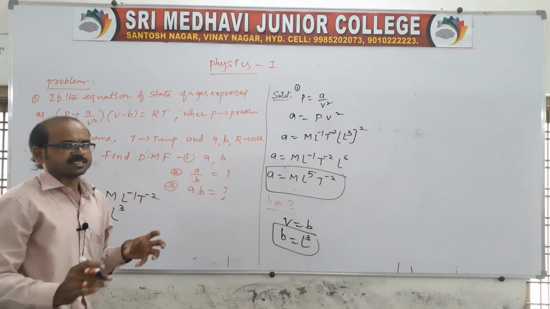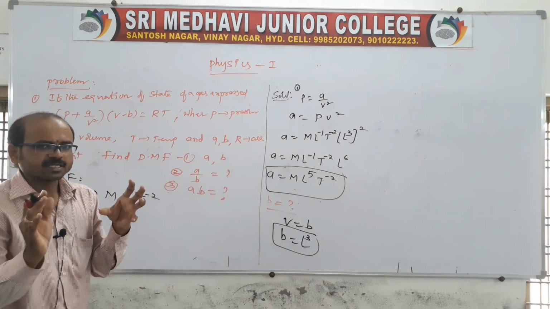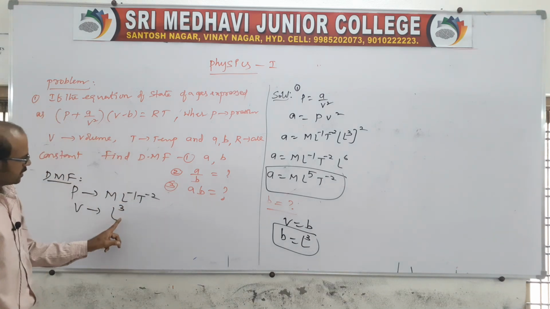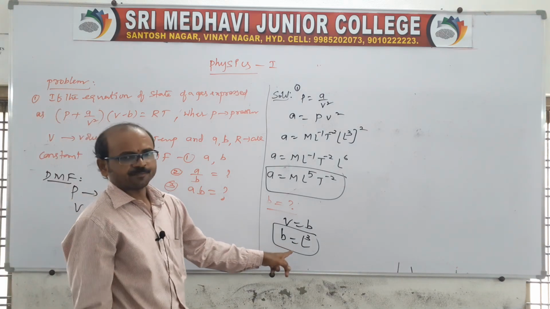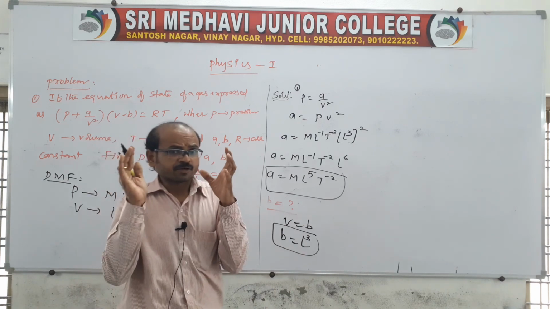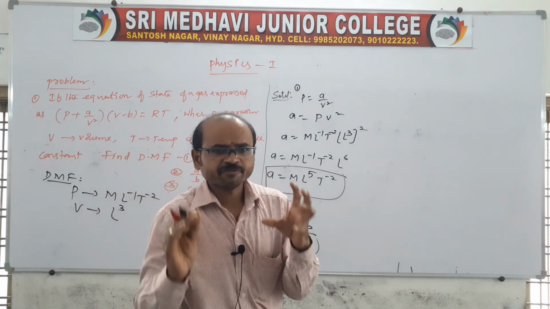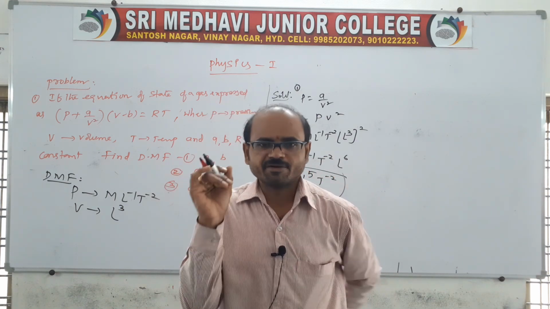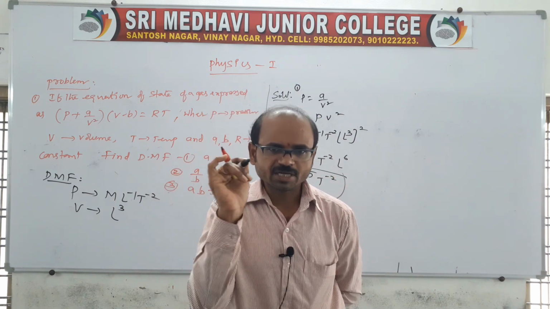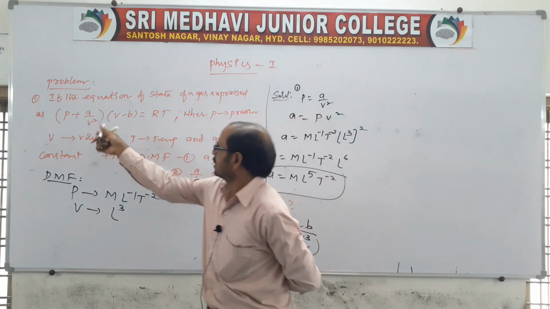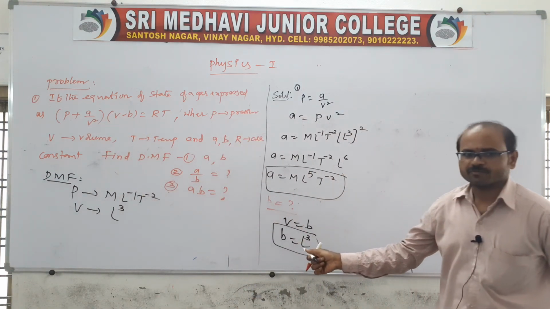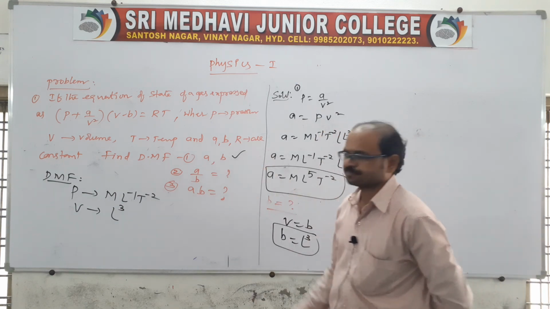If the quantities in a given expression are dimensionally equal, that is what you say, it is subtracted, no? Volume is L cube only, then B is also L cube only. In a given expression, if the quantities are dimensionally equal only, then we can add, we can subtract and we can equate. So, that is what: here it is added and here it is to be subtracted. Now, we know the A dimensional formula and the B dimensional formula. This is the first bit over.